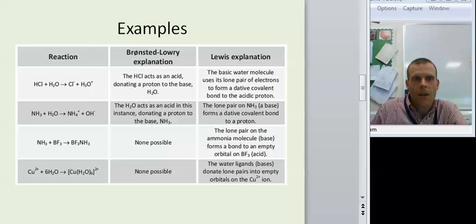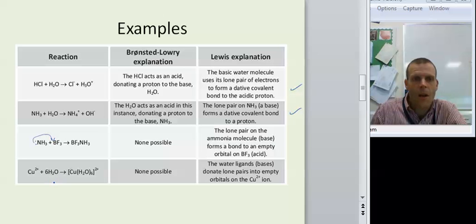So let's see how that ties in with Bronsted and how it extends it. So you can see for the first two, kind of fitting well, talking about that lone pair transfer, talking about the proton transfer. But then when we get down here, because there's no protons involved, we have a problem. However, they are still acid-base reactions because we're talking about the lone pairs rather than the proton transfer. So there's a lone pair on here, it's being accepted in by the B there,